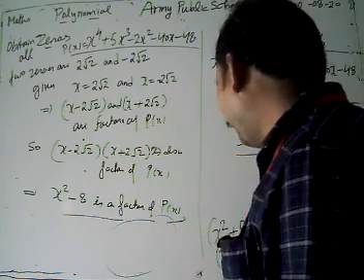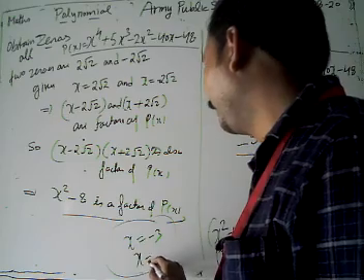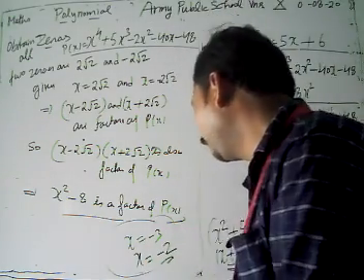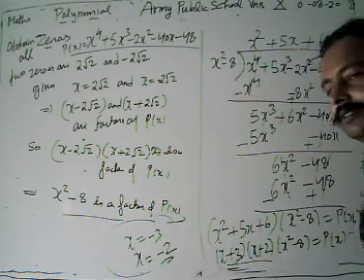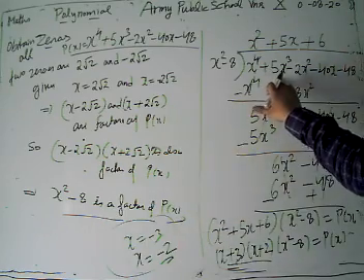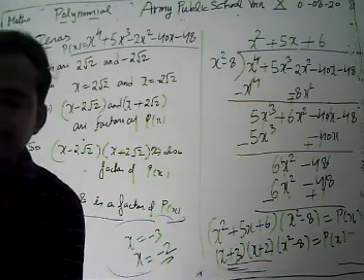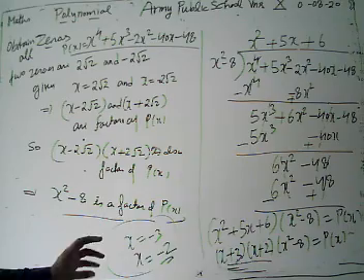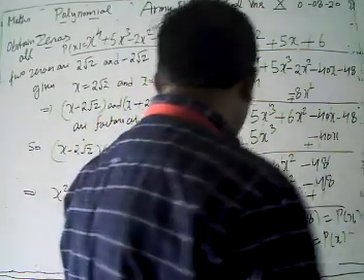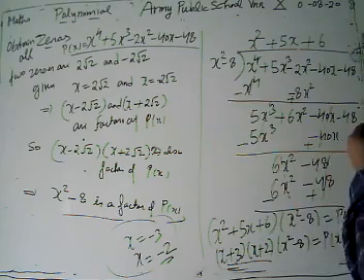Yes, when our x plus 3 is 0, then x equal to minus 3. Whenever our x plus 2 is 0, then x equal to minus 2. You can also verify your answer by putting the values of x equal to minus 3 and x equal to minus 2 here. Then we get our remainder as 0 there. If there is any mistake, then you can verify the answer. And what are the zeros of the polynomial? They are minus 3, minus 2 and 2 root 2 and minus 2 root 2. These are our zeros of the polynomial.